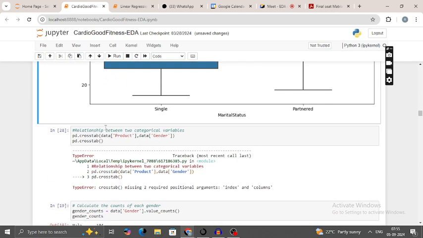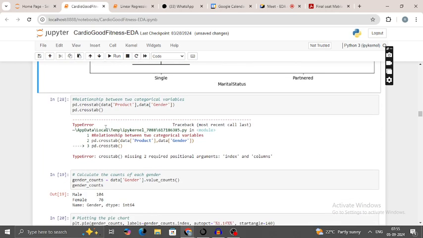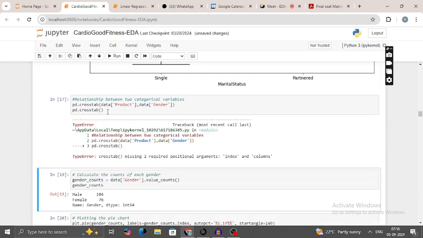Okay, already I have done this. So crosstab requires minimum two positional arguments, index and column. So what is happening here? Crosstab, let us discuss this crosstab later, not now. The index you want. Okay,